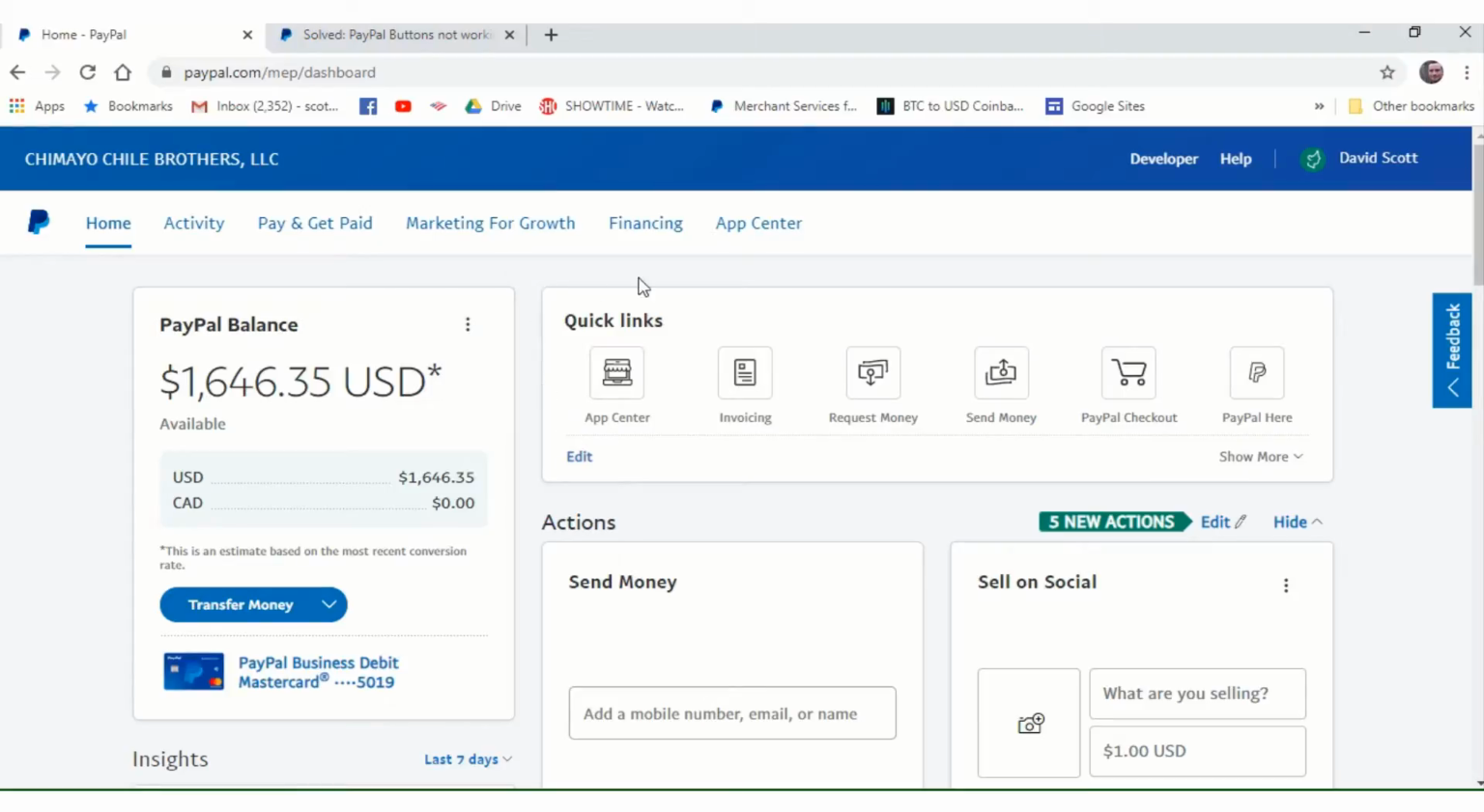The first thing you'll need to do is log into your PayPal account. Make sure you're logged into your PayPal business account, and it must be a business account. If you don't have a PayPal business account, go create one, pause this video, go create one, and come back. All right, now that you have a PayPal business account, once you are logged in and